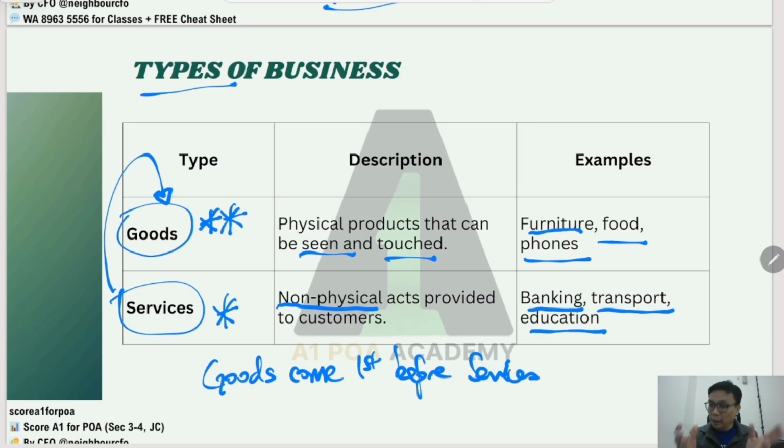You go to school every single day, Monday to Friday, you take public transport. You probably pay your friends for the meal, for the lunch that he helped you to pay on behalf first. You do a PayNow or PayLah to your friend. So these are considered as banking services. You don't bring home with you the services, right? Because you can't feel it. Education, right? Sec 3, you progress from Sec 2 to Sec 3, education. All these are services being provided to you. So with that, these are the types of services.